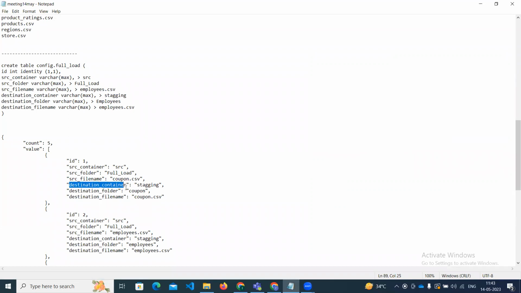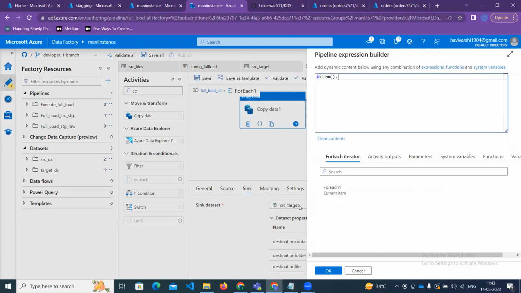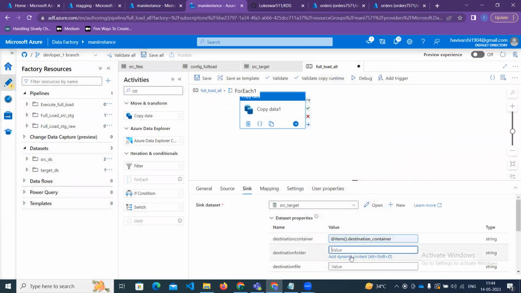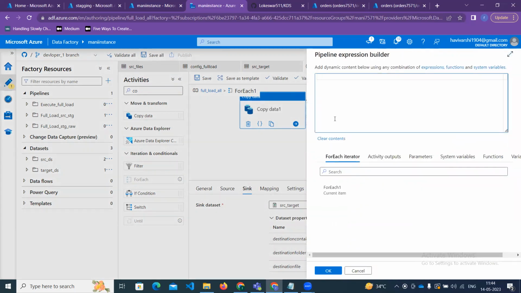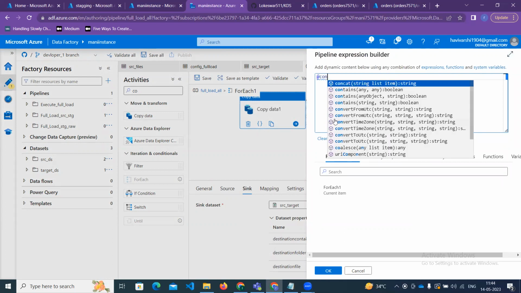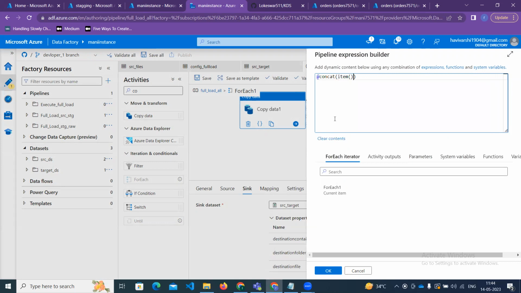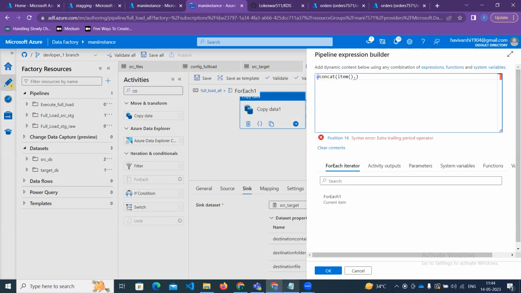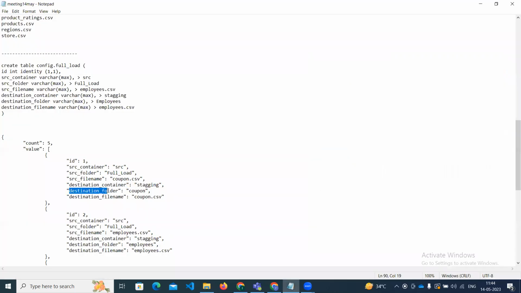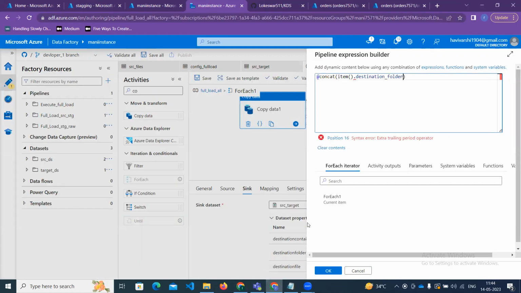This is the thing you have to use. Destination container. Destination folder. I want it with the date format. Concat item dot destination folder. Okay. Comma